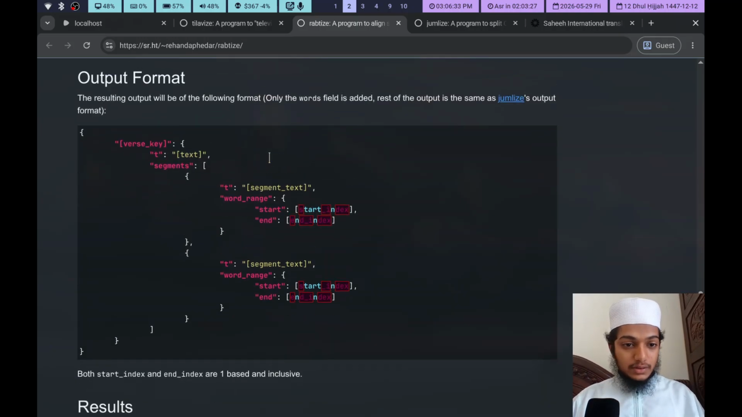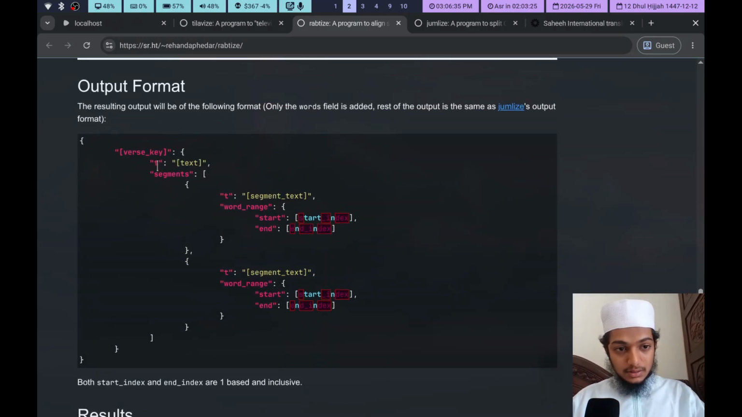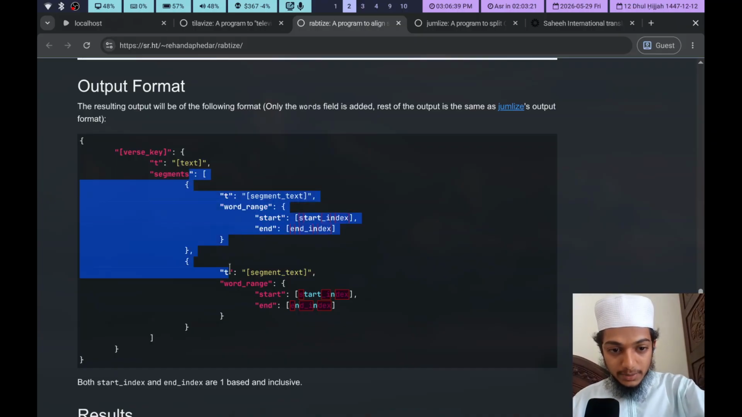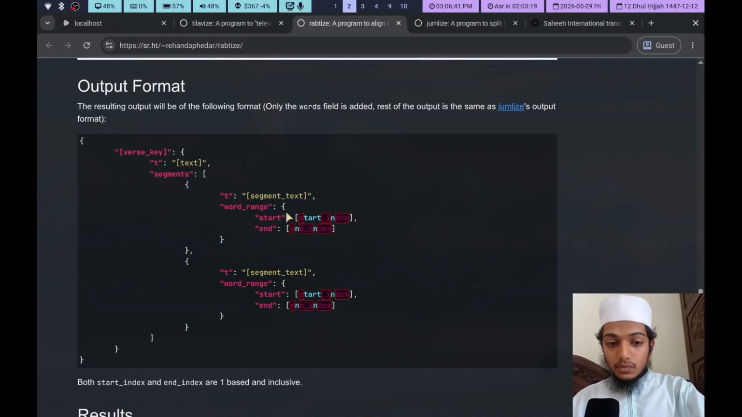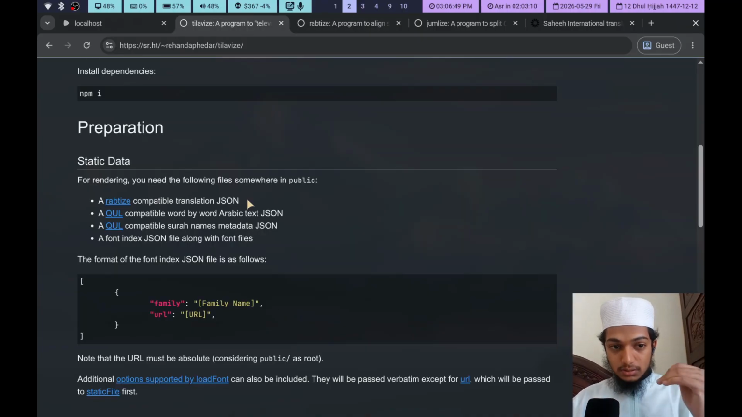Now, what does it have? It basically has the text of each verse. It has it divided into all of these segments, and it tells us which word range this segment corresponds to. I will not delve too much into that for now. That will be covered in detail in upcoming videos. You need that. Also, you need